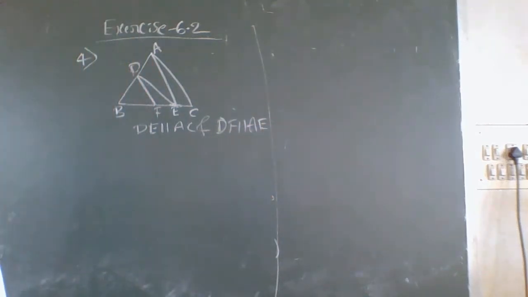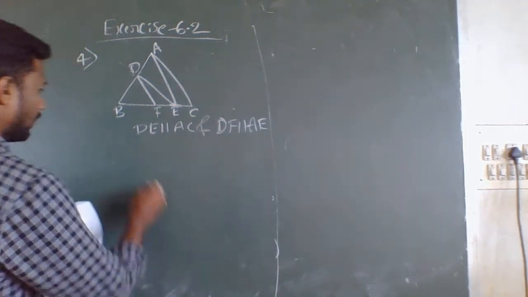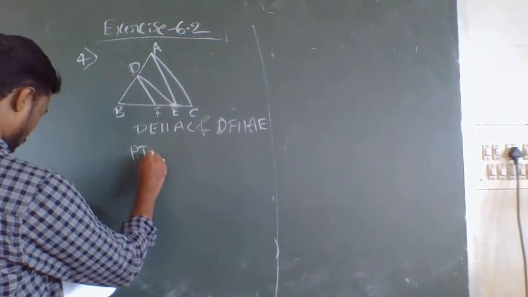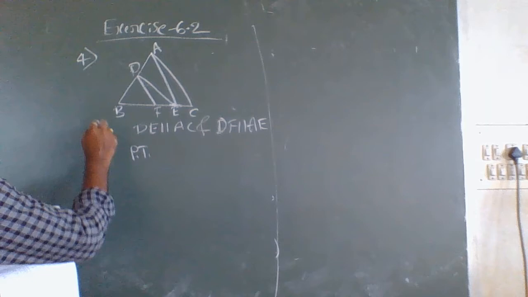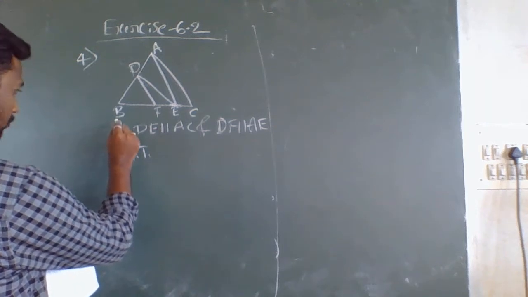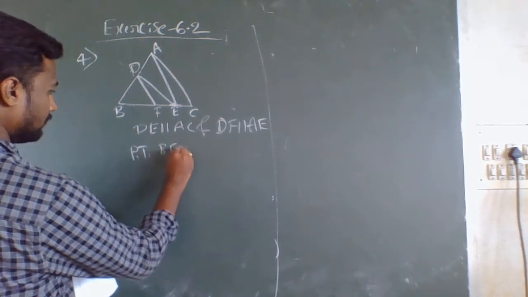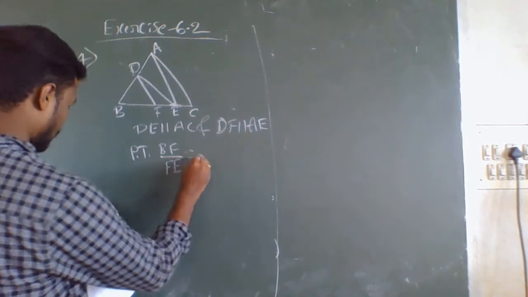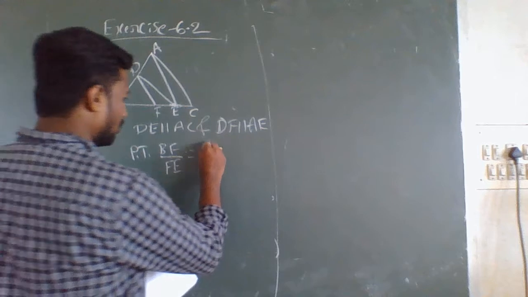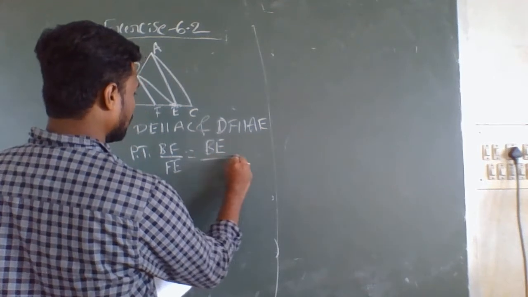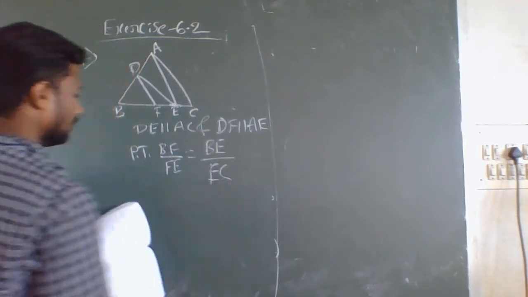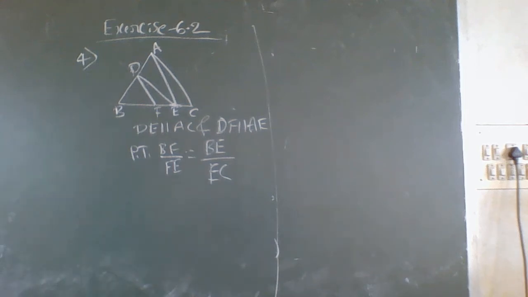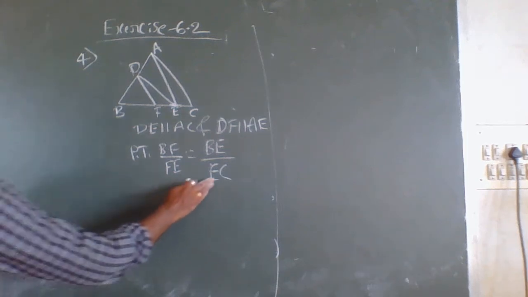Now, what we have to prove here is BF by FE is equal to BE by BC. So now to prove this,